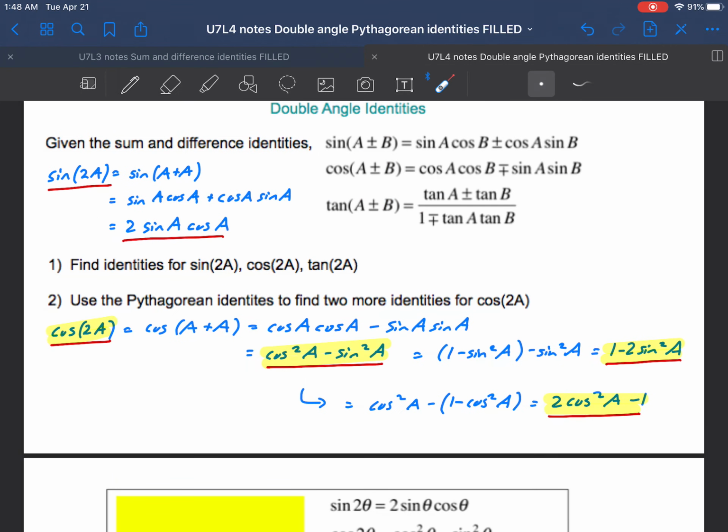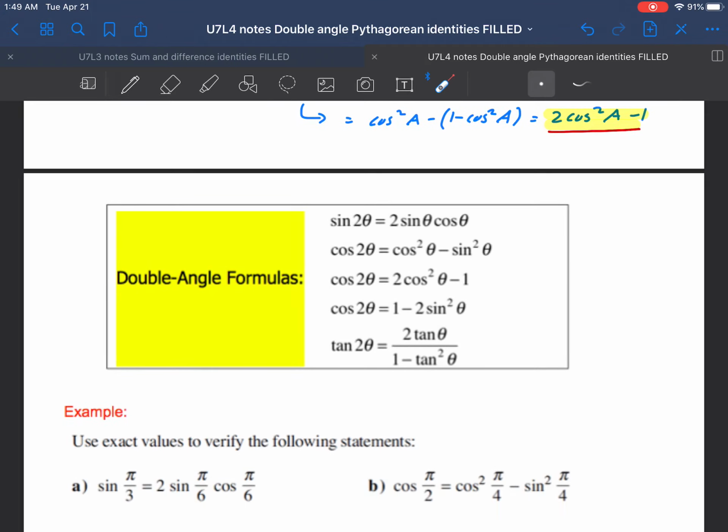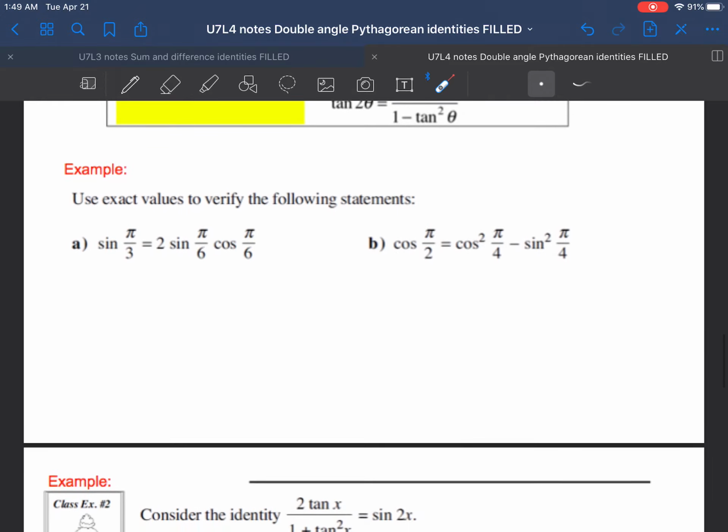Okay, cool. So tan, you can also do, I almost forgot about that, but you can take this expression and write tan a plus a, and so the tangent of 2 theta is 2 tan theta over 1 minus tan squared. I'm not going to spend time with that one because it's not as important. All right,